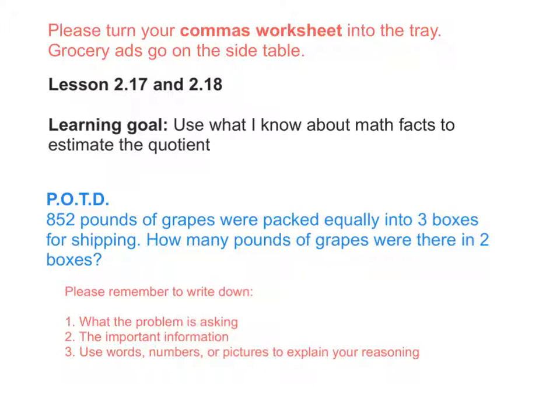Today we're talking about lessons 2.17 and 2.18. We're going to start combining some lessons together because I think you guys can handle it. Okay, so today we're going to do 17 and 18 all in one day. And your learning goal today is to be able to use what you know about math facts to help you